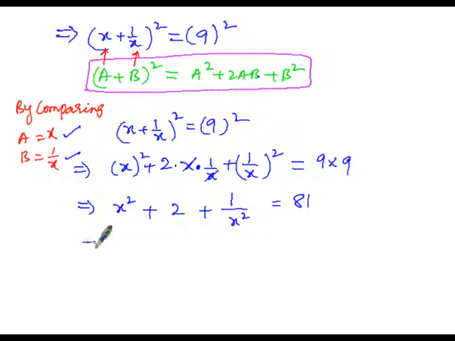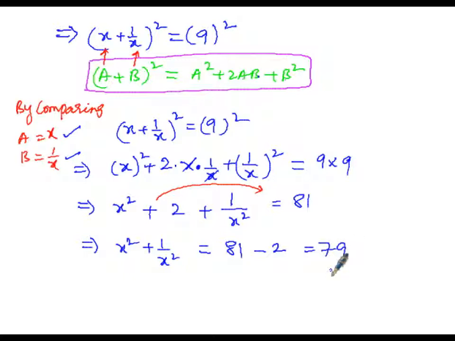So x square plus 1 by x square, I am going to write the third term as the second one, equals the right hand side 81, by transposing plus 2 to the other side. Plus 2 becomes minus 2 on the right hand side, so 81 minus 2 is 79. Here 2 is negative and 81 is positive. To simplify this, we subtract greater minus least, 81 minus 2 is 79. To assess the sign, among 2 and 81, 81 is greater and its sign is positive, so 79 possesses this positive sign.